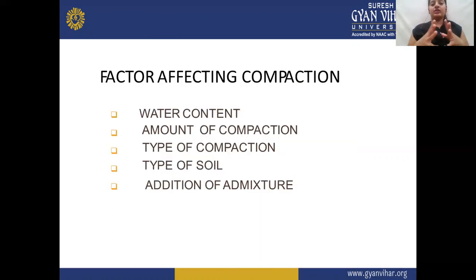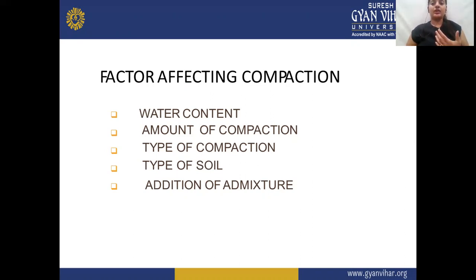Now let us understand about the water compaction, like factors affecting compaction. So this is quite crucial because compaction undergoes a lot of stages which should be kept in mind. First of all, you know that if there is an optimum level of water content, maximum compaction can be achieved. But the moment excessive water